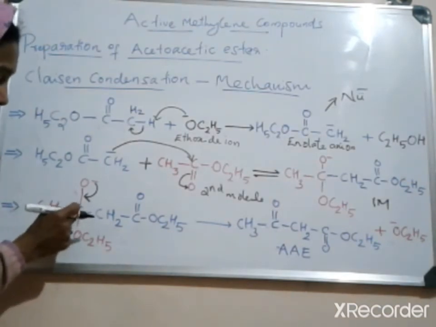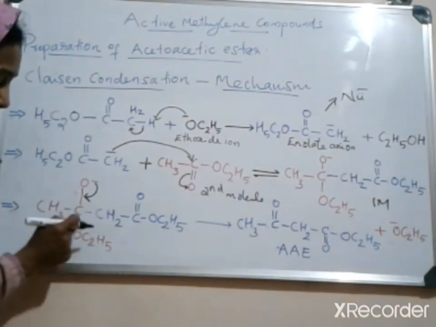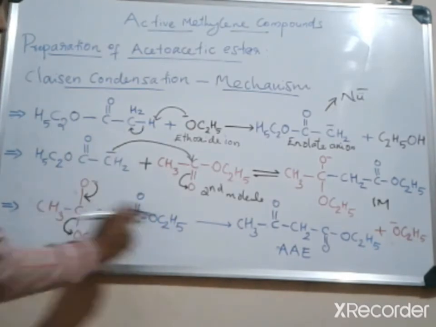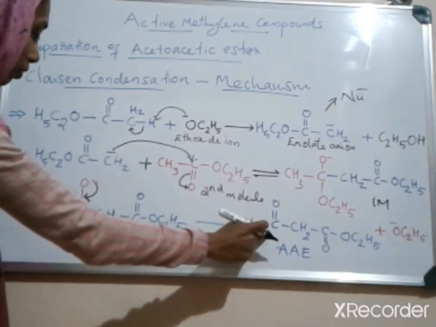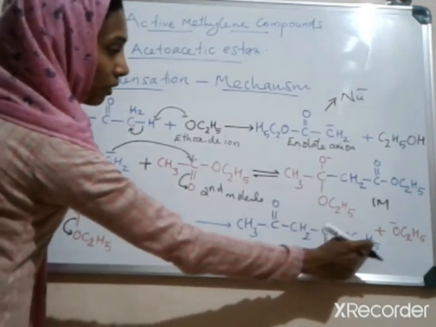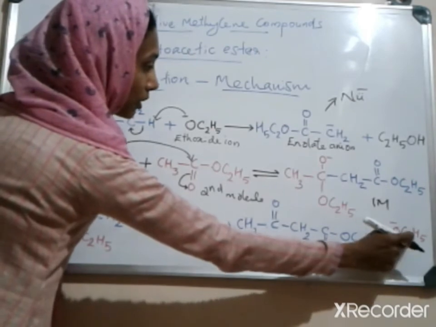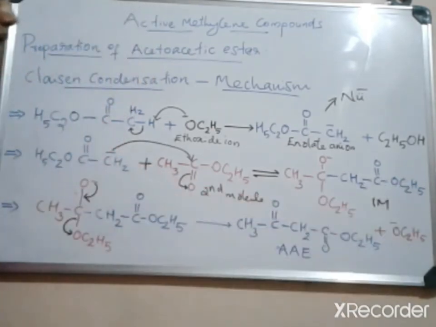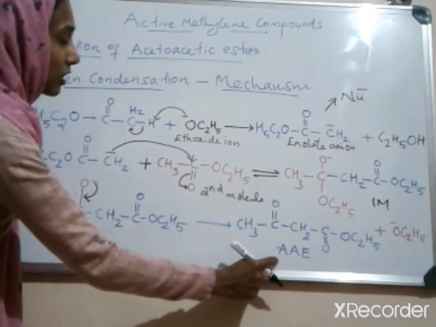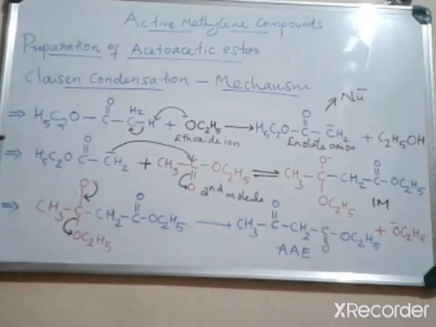At the same time, this OC2H5 group is released as OC2H5 minus, and we get CH3-C=O-CH2-C=O-OC2H5 plus OC2H5 minus, the ethoxide ion. This is our product, acetoacetic ester. This is the mechanism of the